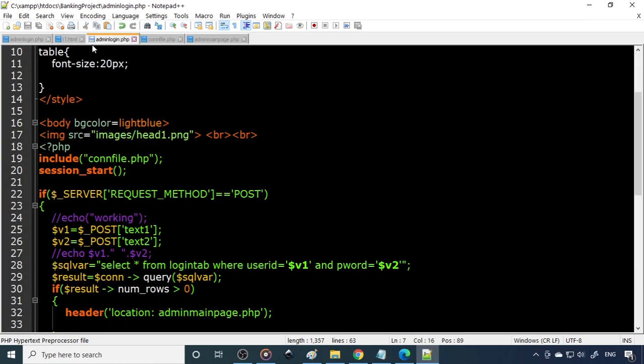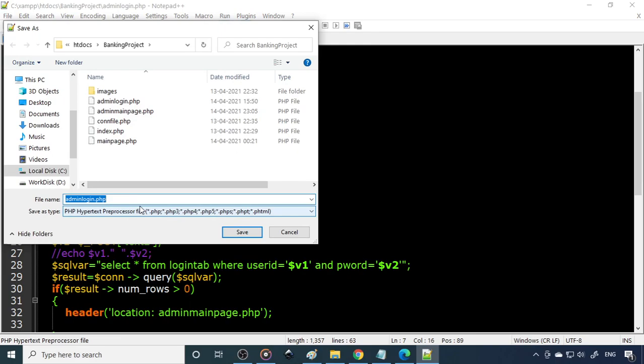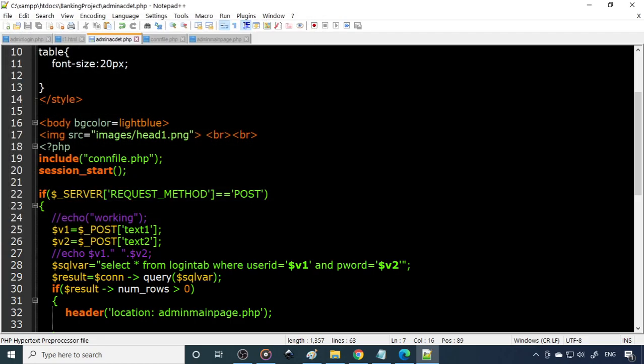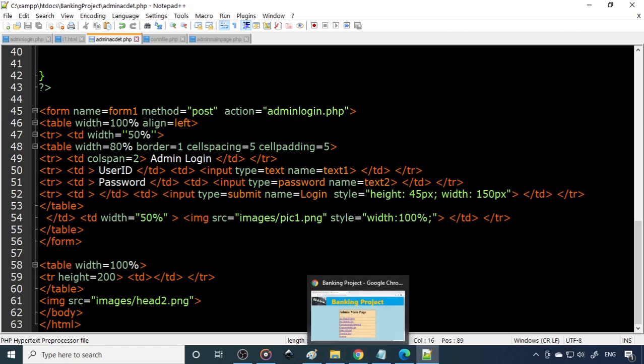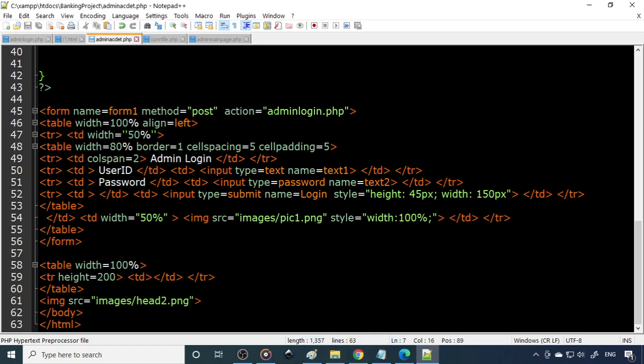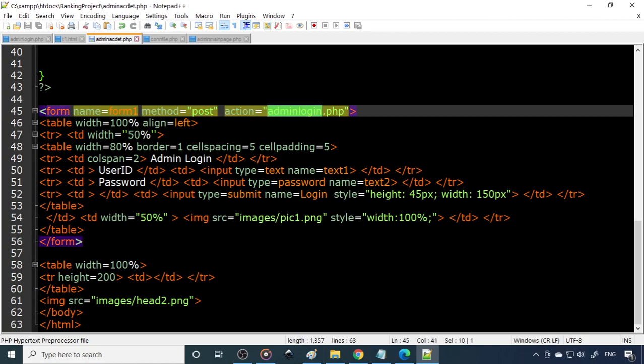Therefore we go to admin login, file, save as, .php. Fine. So now you can see that the file is changed. Now it is a login page. Okay, so this is admin login. Instead of admin login, now we're supposed to make it an admin account detail. So we need to recall the same file again.